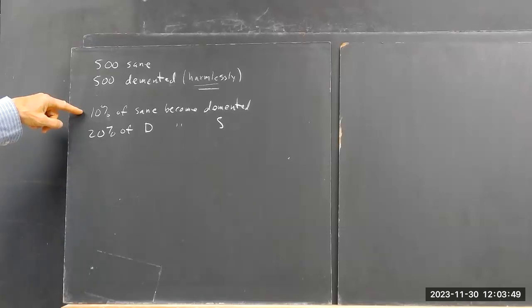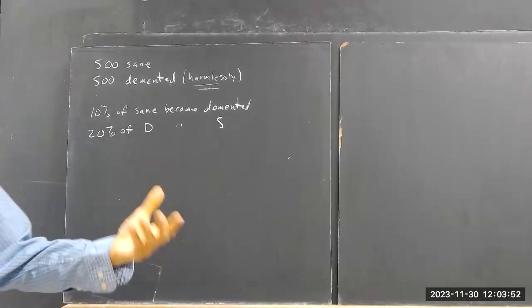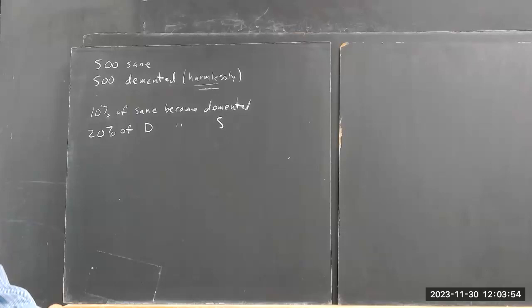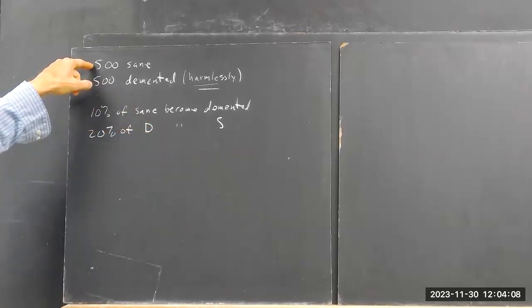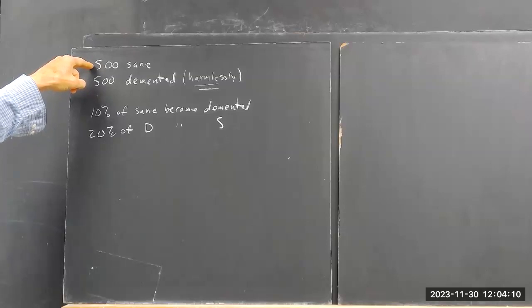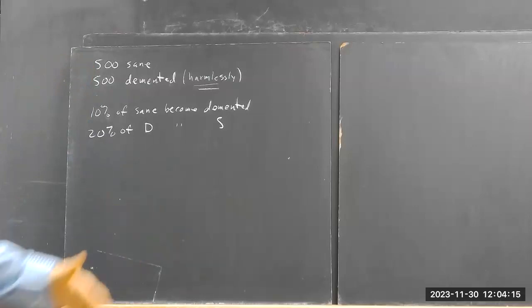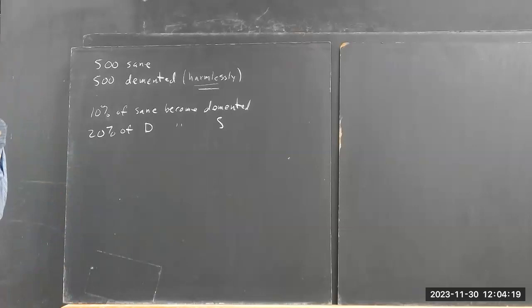So how many of the sane people are going to become demented? You show with your fingers. That's 10%. How many is that? 10% of the number of sane. There are 500 sane, right? What's 10% of 500? Yeah, 50. Okay, everybody knows that, I think, I hope,